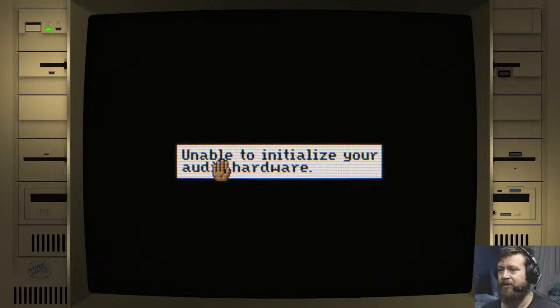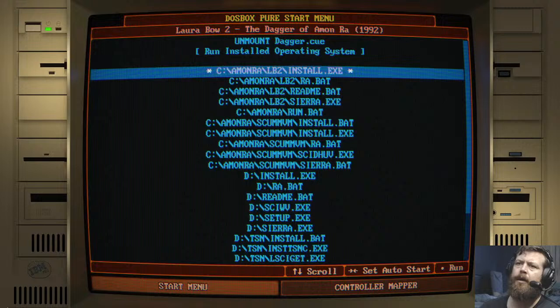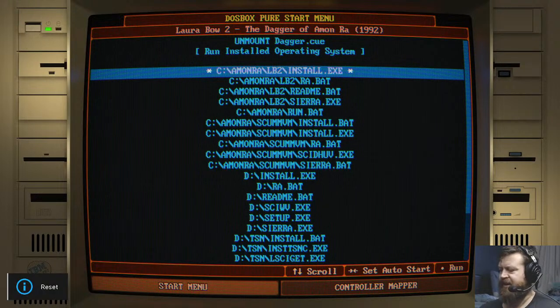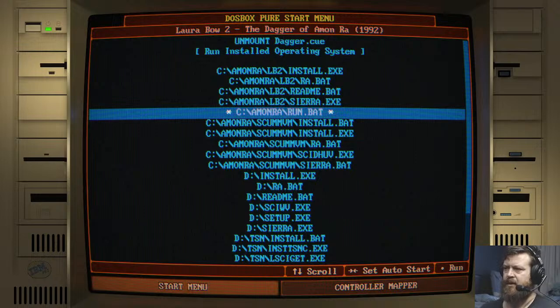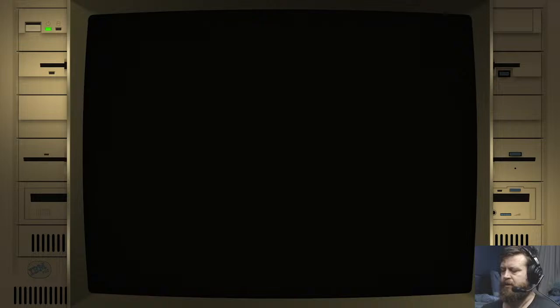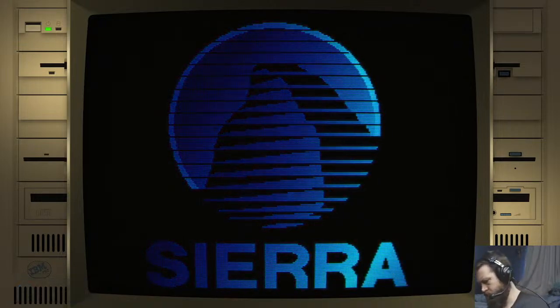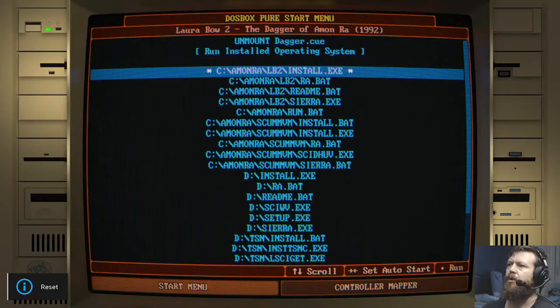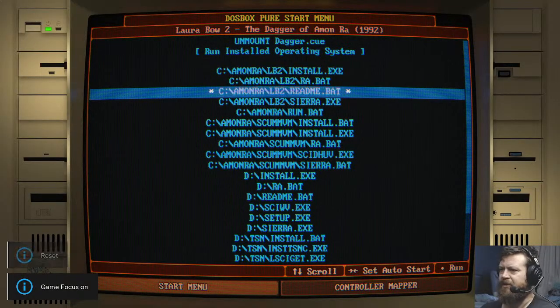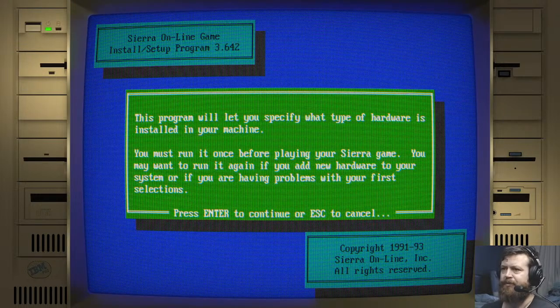Well, how about you initialize your lips on my ass? Okay. Let's see. Can I scoot my way around that? I want the audio. I want the good audio. Fancy audio. Damn it. Alright, let's just install this fucker.